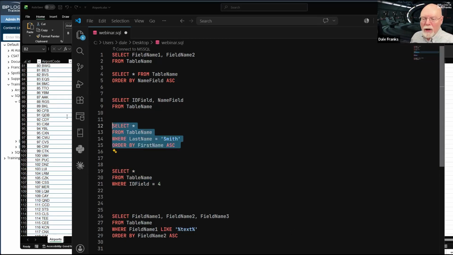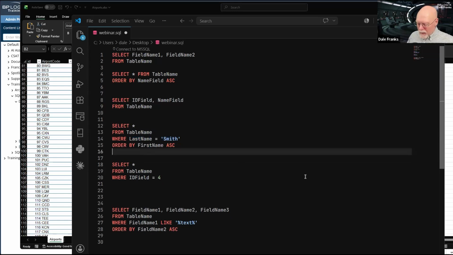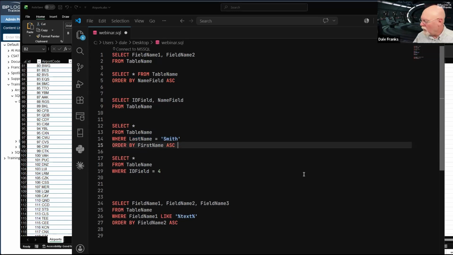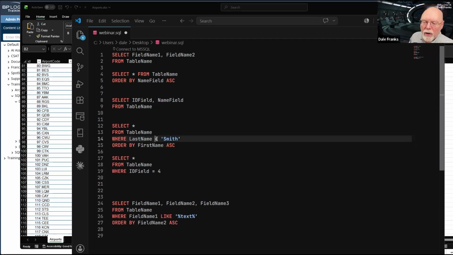If I'm returning anything that can have multiple records, then I need an order by. Now, so far, what we have done is look at finding a specific value that matches. We've used the equal sign.